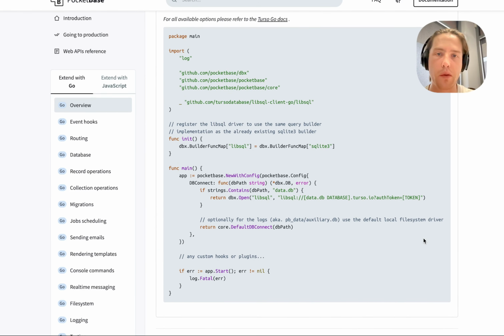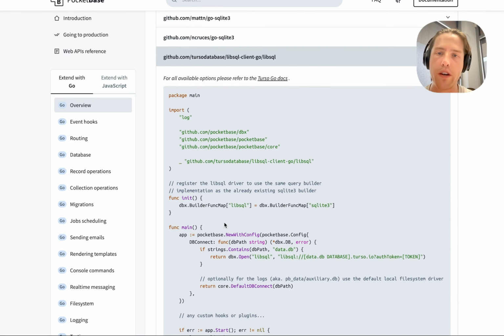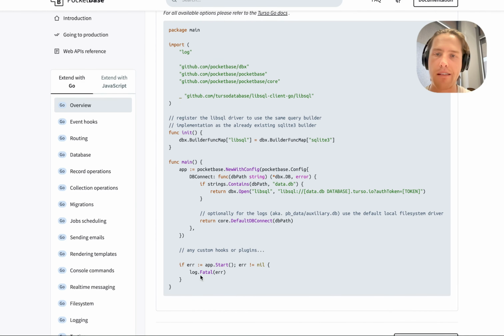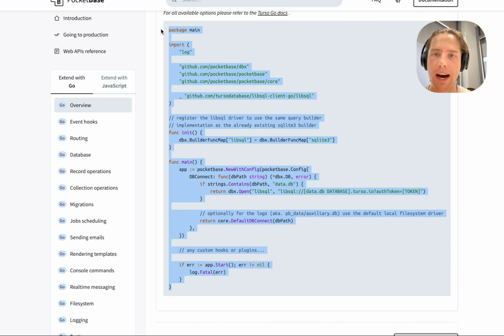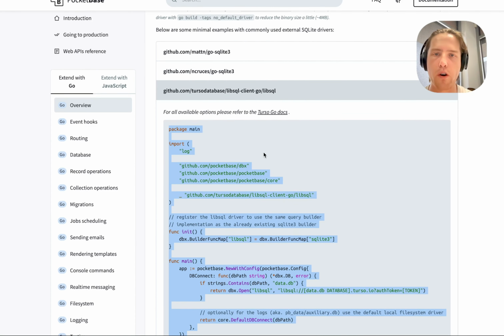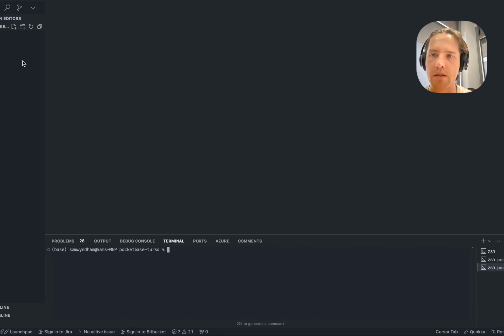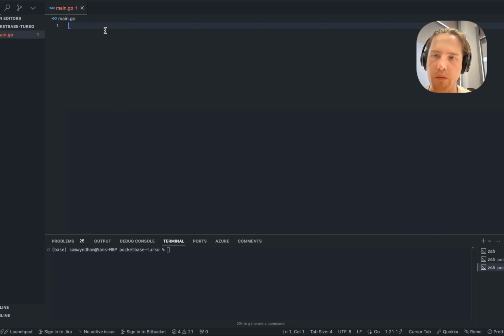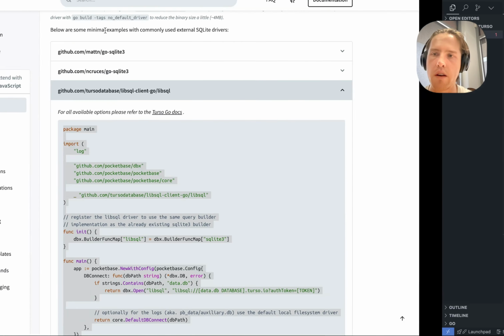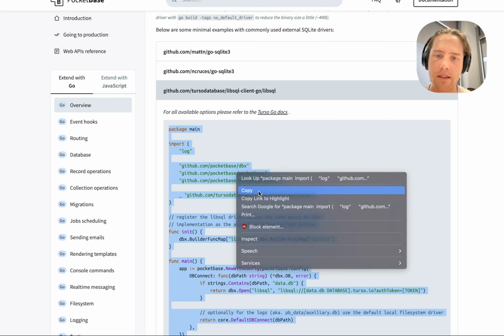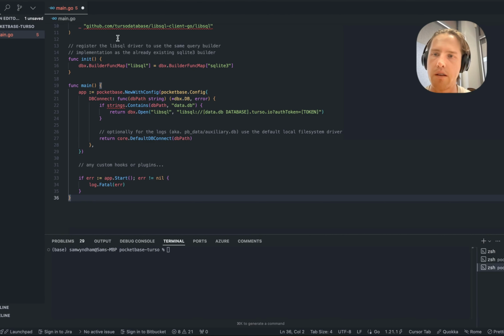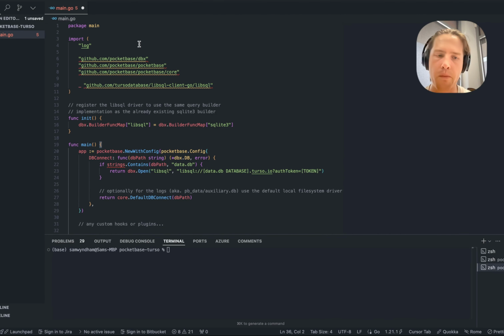There is some things that we're going to have to do. We're going to have to use Pocketbase as an actual framework, which involves essentially getting the Pocketbase packages and compiling them into their own Go file. So let's do that here. The first thing we want to do is open up a code editor. We're going to type in a main.go file, and in this file, we're going to chuck all of this stuff here. So if we chuck all of that in there,